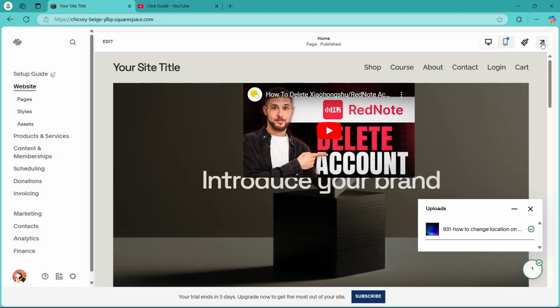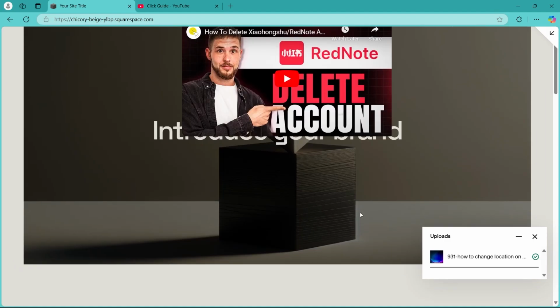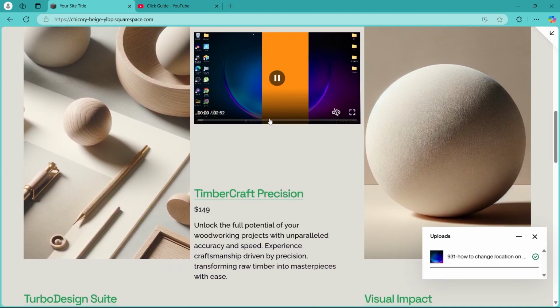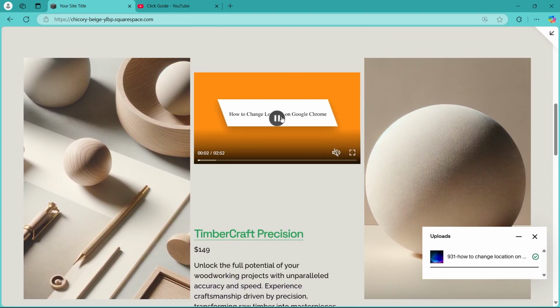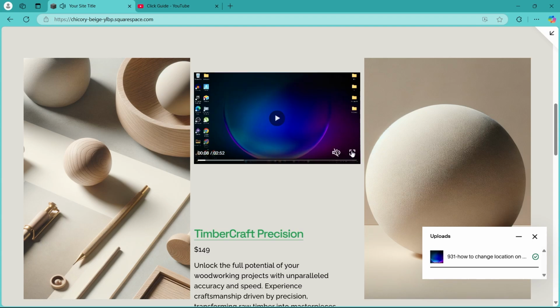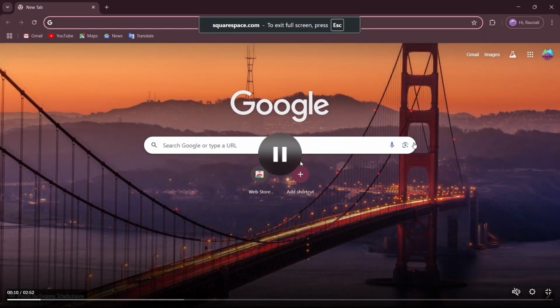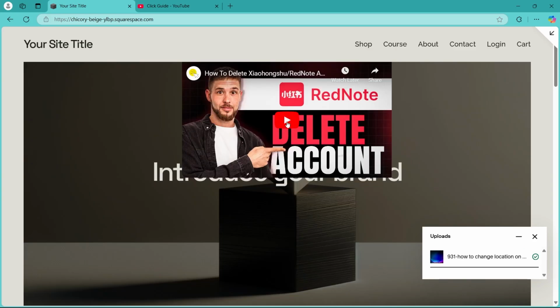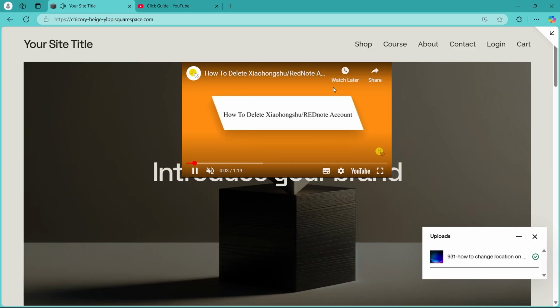Now I will click on the preview icon so that I can get a preview of my page. As you can see, the video is just right here. Anyone can play this video. They can mute this or unmute this. They can view this video in full by using all the player controls, and they can also click on this play icon and see the YouTube video from just right here. So that is a simple way you can upload videos to your